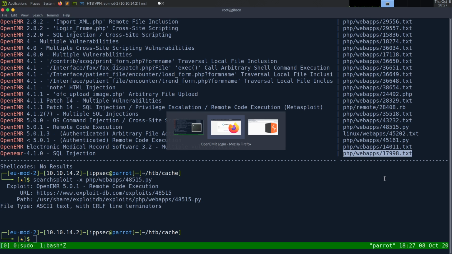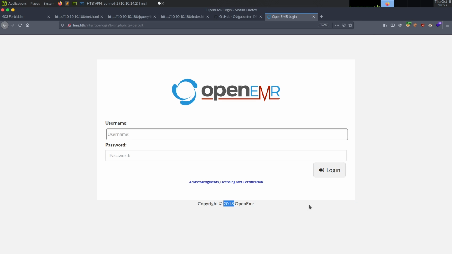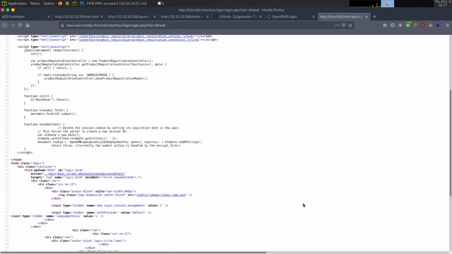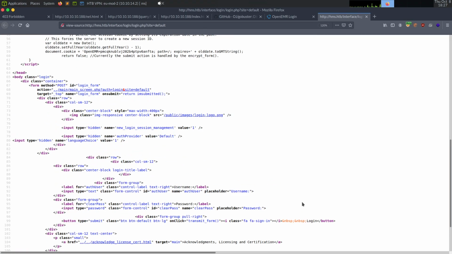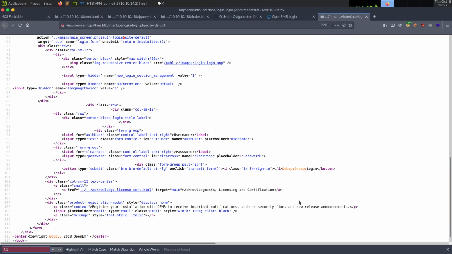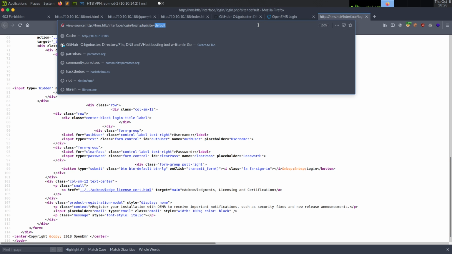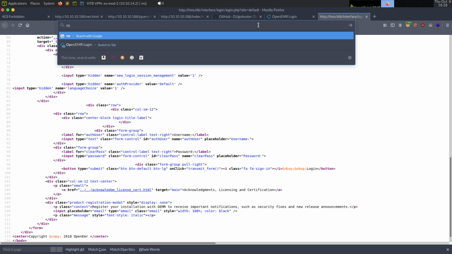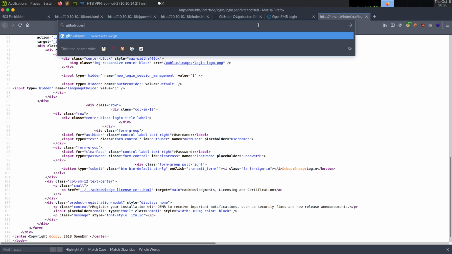So before I throw this, let's see if we can enumerate what version this is. So I'm just going to Control U to look at the source. It said 4.1 something, so I just searched for 4.1, don't see it. Let's try 5 period, still don't get a hit. So the next thing I generally do when I want to enumerate versions is I just search for it on GitHub. So GitHub OpenEMR,